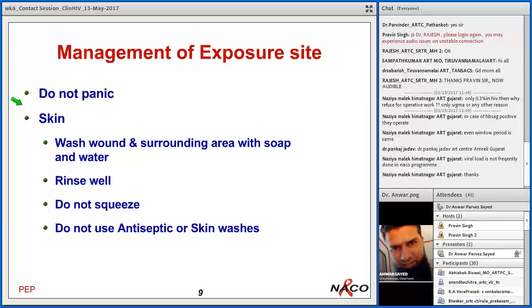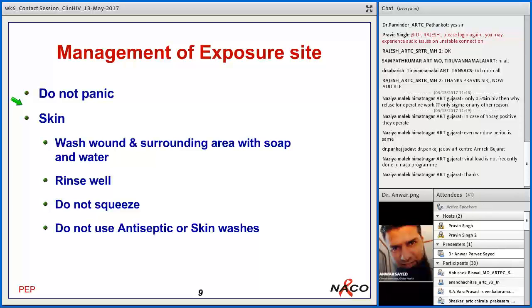Now the management of post-exposure prophylaxis: what we should do after the exposure. First thing is, do not panic. It is easier to say, difficult to practice. So messages should be very clear about what has to be done if someone gets a prick. In the hurry, if you see the routine setup in your own hospital, you might be seeing that